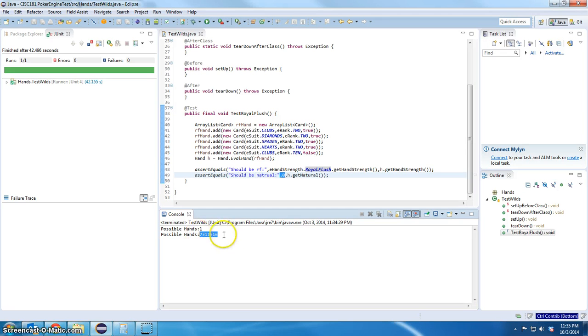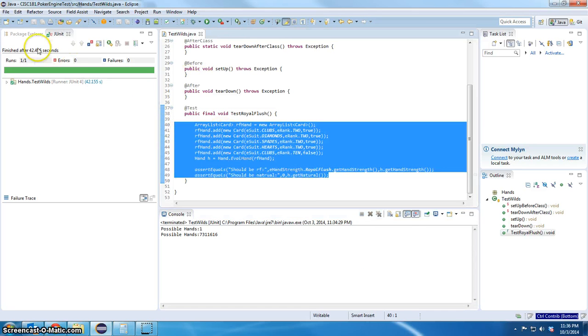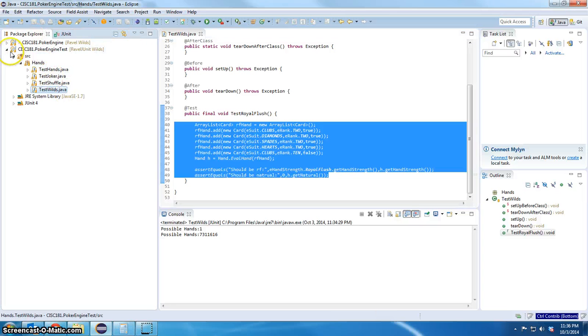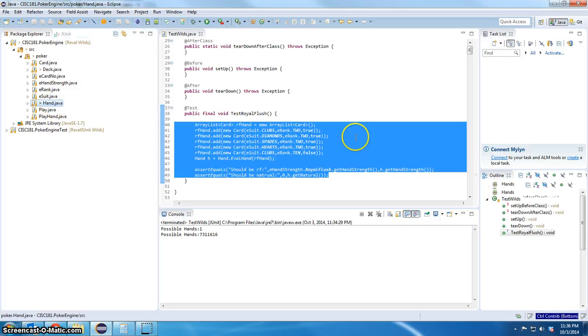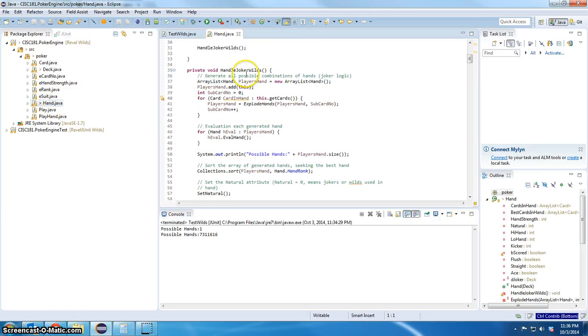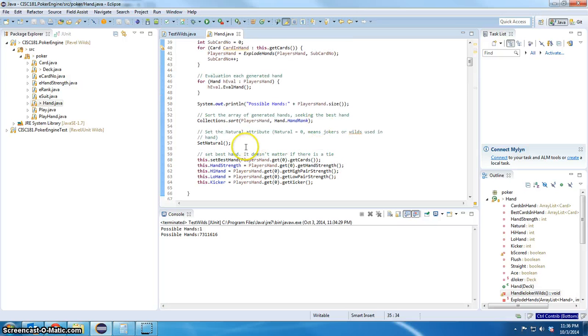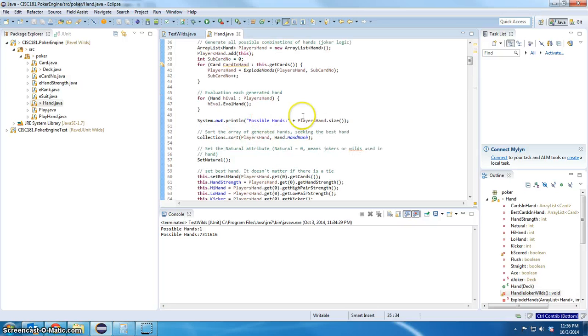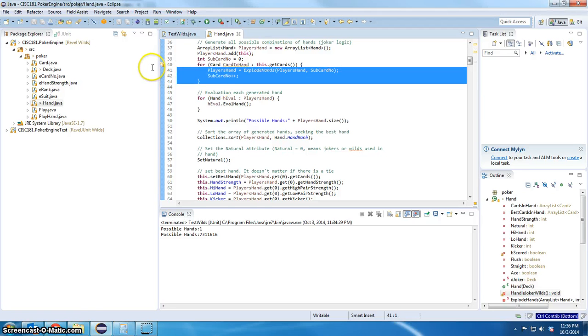I have a printout to tell me how many hands were generated. It was 7 million hands. Again, this could probably be refactored, probably in hand where I'm doing the evaluate. What I would probably do is go into hand and say, let's see, right here where I'm handling the jokers and wilds. This is the part that's doing the explode. This is the part that's generating the most IO. I've got to do something to shortcut that, at least for